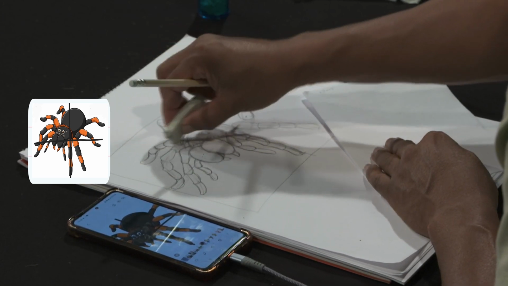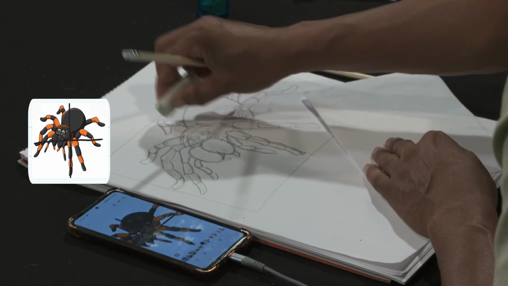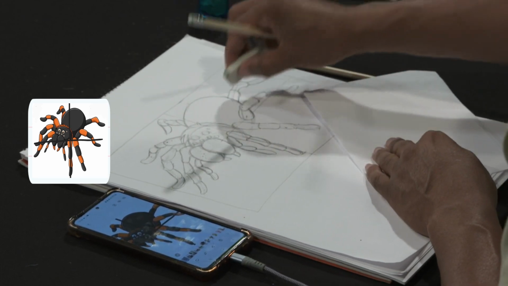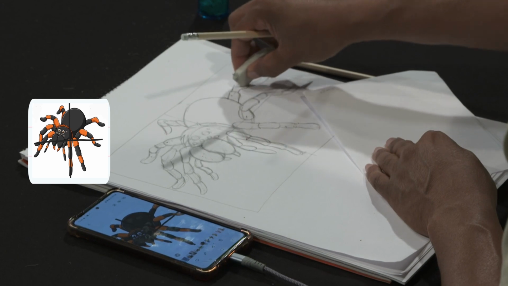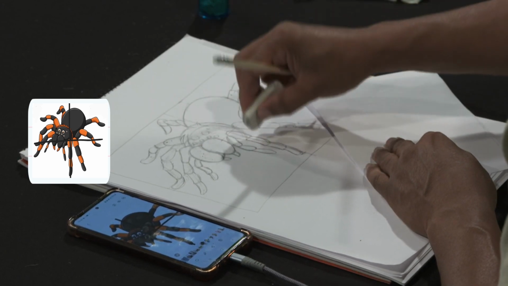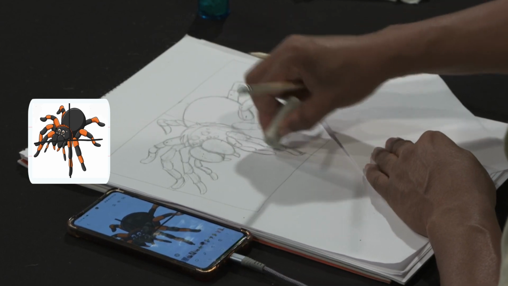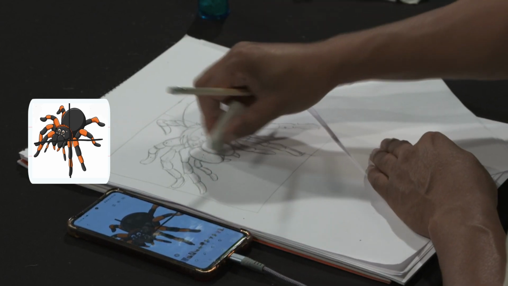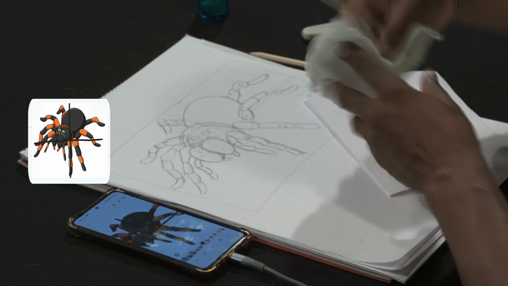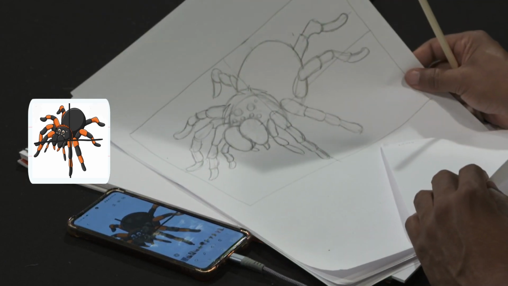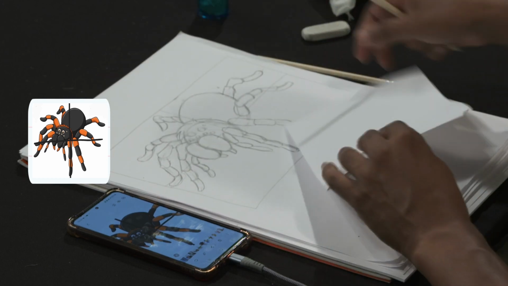See, these lines that we first put in to indicate where the angle of the legs go and where the legs go themselves, we can just start rubbing those out a little bit. Now that we've got the legs where we want them to be, even that middle line can go. Okay. And let's get rid of these ones here. And let's get our tissue and rub away those flakes. Right, so you can see it's there, it's close enough.